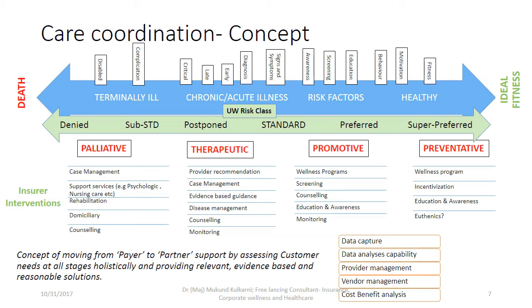And of course, there has to be a very exhaustive network of providers also. Here we're talking about the health of our customers, and there's another slide where I'm going to talk about what goes into measuring somebody's health objectively, which we call the health risk analysis, or HRA score. And it's important because the services are provided by third-party providers, which may or may not be in direct control of the insurance company, and hence it's important for them to have a very good networking